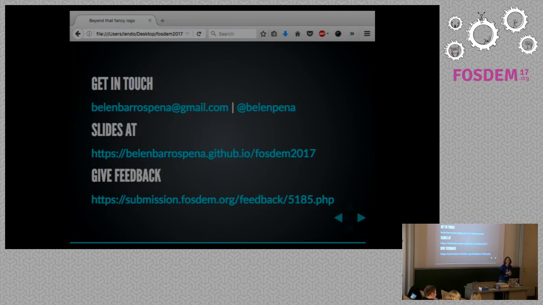So I was wondering, there's a big need for better visual design for open source projects. I think this is obvious, especially at FOSDEM when we go through this, and not only for better logos in general. But is that an issue of educating decision makers, developers or initiators of these initiatives, or is it a problem of designers? I think it's a chicken and egg thing, but I would like to hear your opinion.